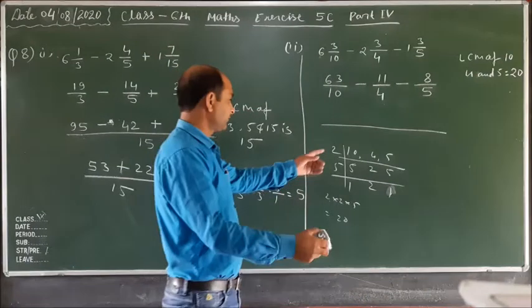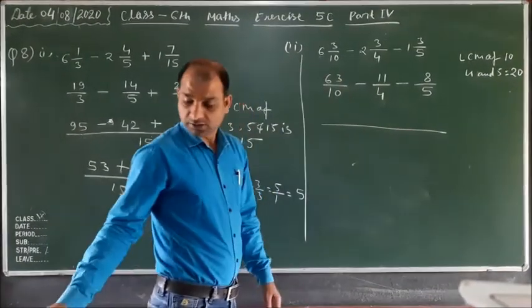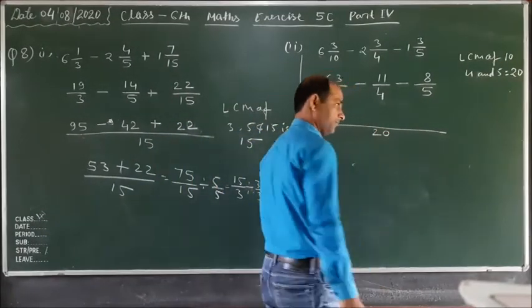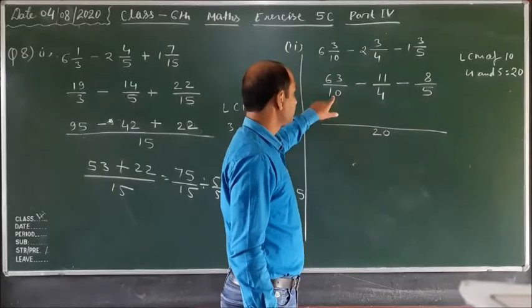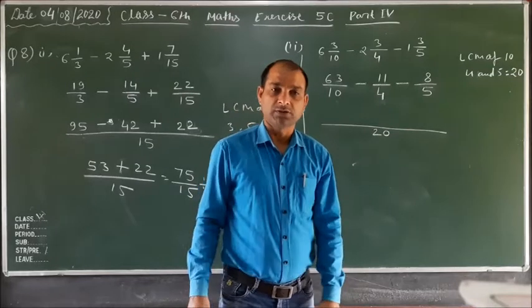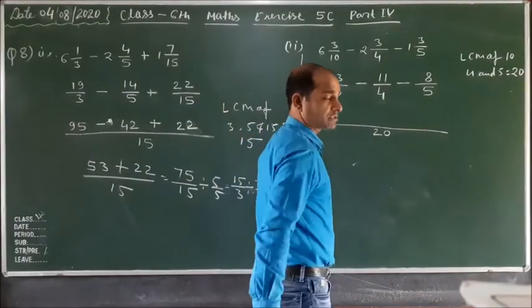The LCM of these numbers, all these denominators, equals 20. Now we write here the LCM and LCM divided by the denominators. So 10 2s are 20. Your quotient is 2. And 2 multiplied by 63 equals